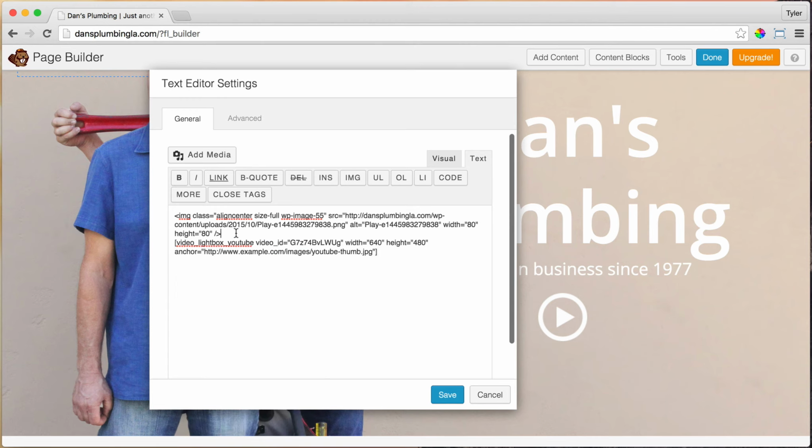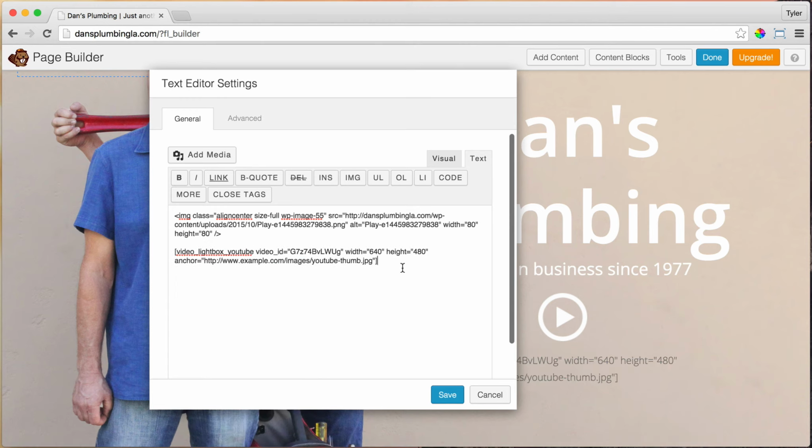Paste. Can add a space in between. All right, so now we have all the things that we need to fill out. So it says video lightbox, YouTube video ID equals, and we need to put our YouTube video ID here. So I have the video,